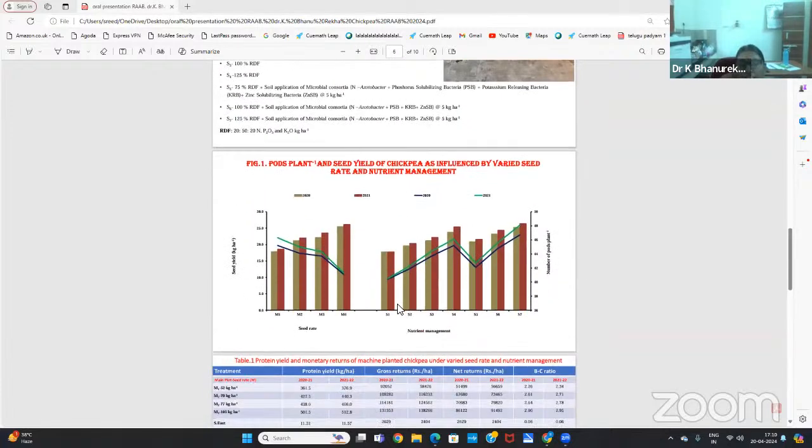When we look at the yield attributes like pods per plant and the seed yield of chickpea, we could observe that among the different seed rates, the seed rate of 105 kgs per hectare, that is M4, at 4.44 lakh population was best. And among the nutrient management practices, S7, that is